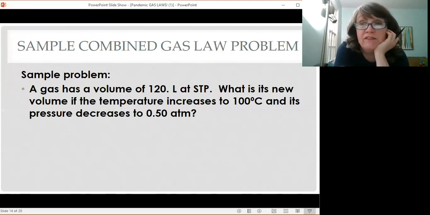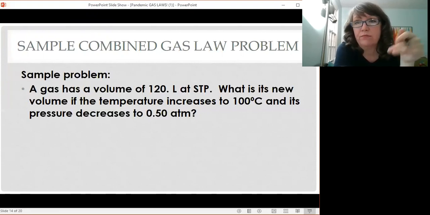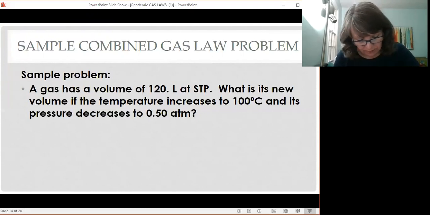Now remember, if they give me Celsius, I'm going to have to convert that to Kelvin by adding 273. So 100 plus 273 is 373. That'll go on bottom,